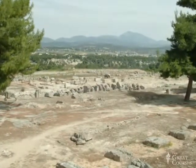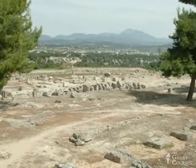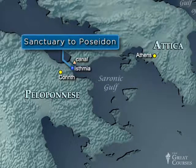Poseidon has a nickname in the Homeric epics, Poseidon the Earthshaker. When he stirred the seas with his trident, the Greeks were aware earthquakes happened on land, and they were aware of the connection between tsunamis at sea and earthquakes on land. So Poseidon's chief celebratory place, his sanctuary above all others in the Greek world, was at the Isthmus of Corinth,